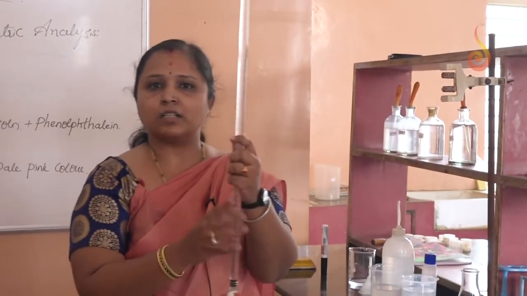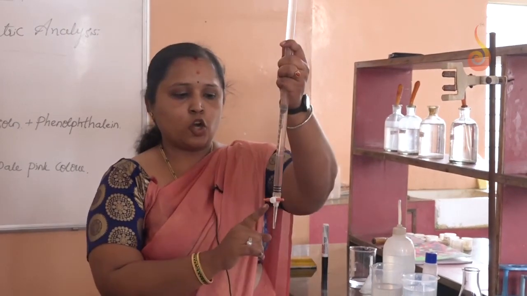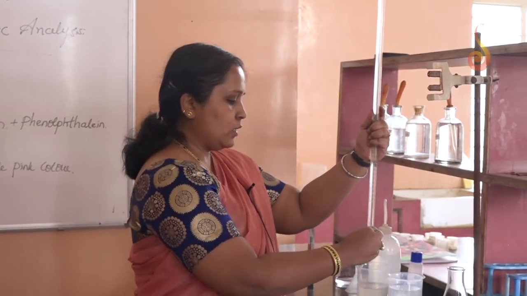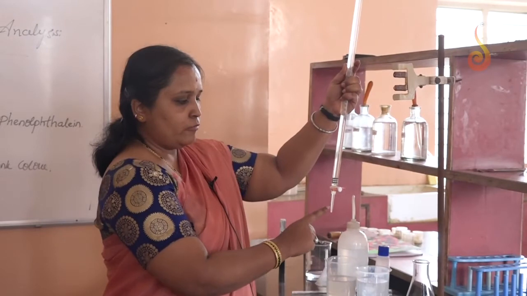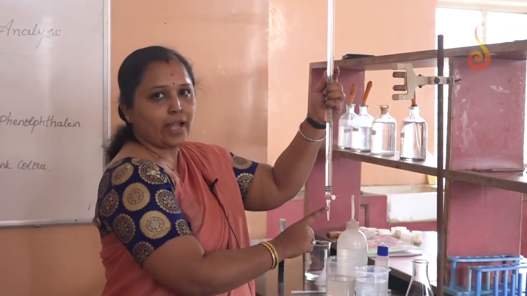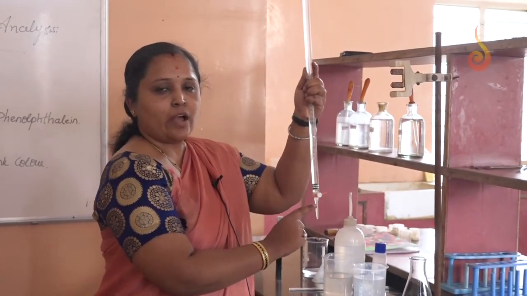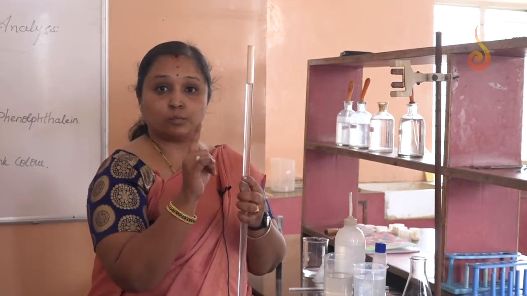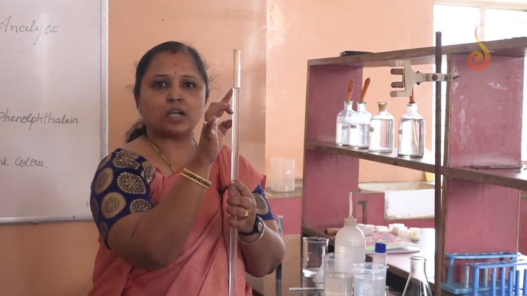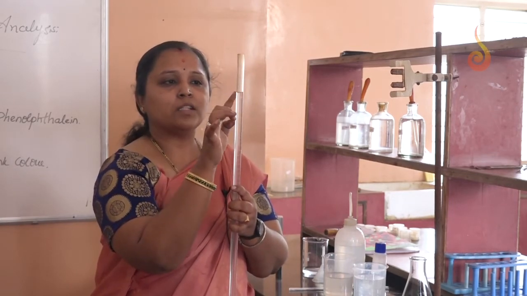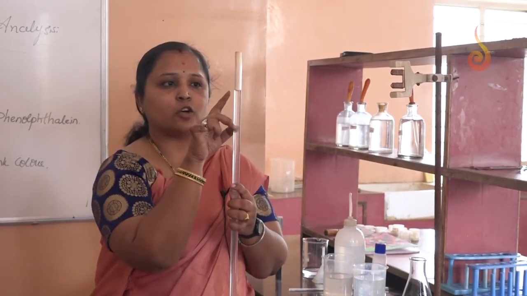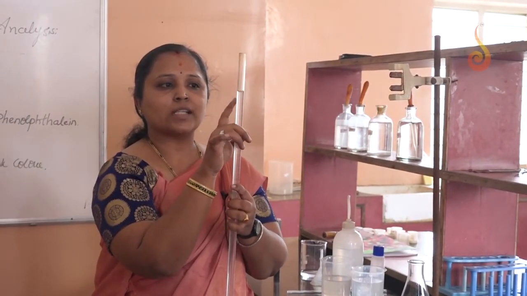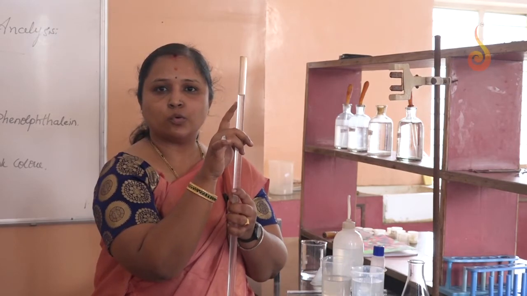and then start adjusting. The nozzle is not filled, first fill the nozzle. So, I am filling the nozzle by running down the solution. Nozzle is filled, there is no air gap. Next, we have to adjust the lower meniscus of this solution to 0 because both the menisci are visible over here. When both the menisci are visible, we have to concentrate on the lower meniscus. So, adjust in such a way that the lower meniscus exactly coincides on the 0.